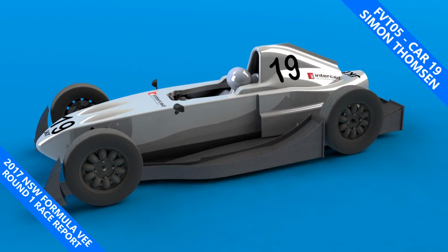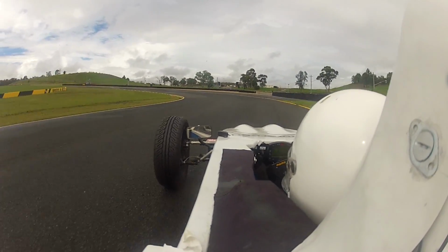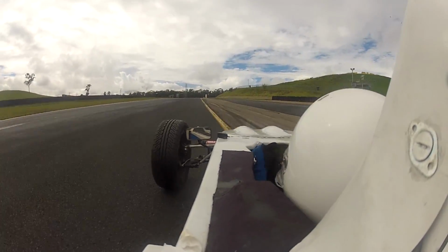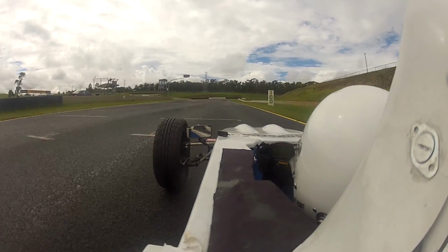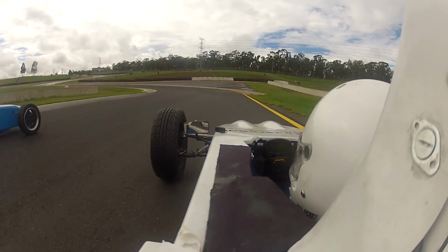This is a quick race report from round 1 of the 2017 New South Wales Formula V State Motor Racing Championship at Sydney Motorsport Park. Since the club round 2 weeks ago I've been overseas for work, so I only had one day to prepare the car. It needed a fair bit of TLC, but with the time constraint I had to stick to just